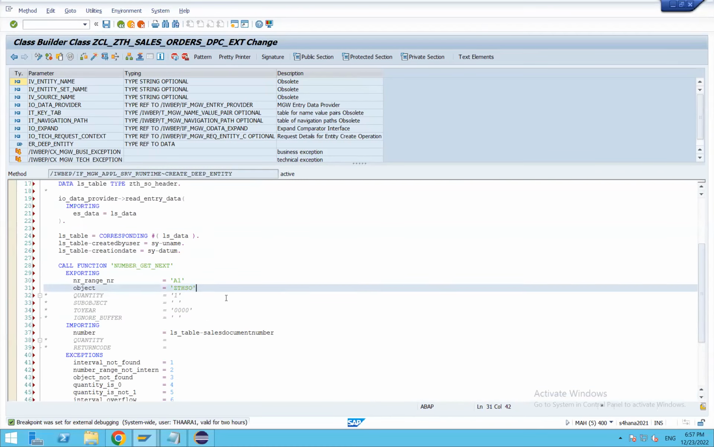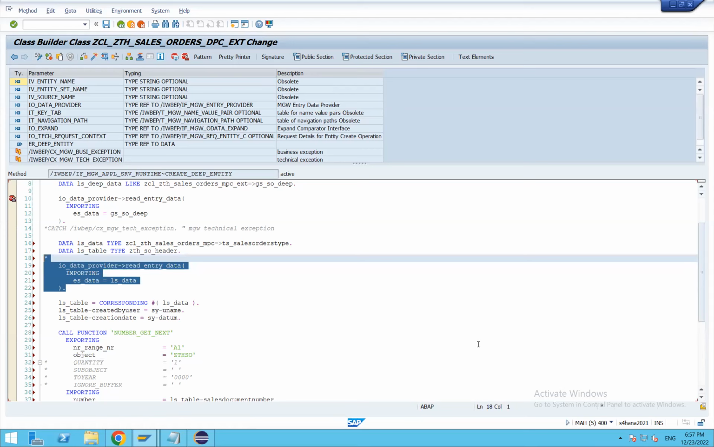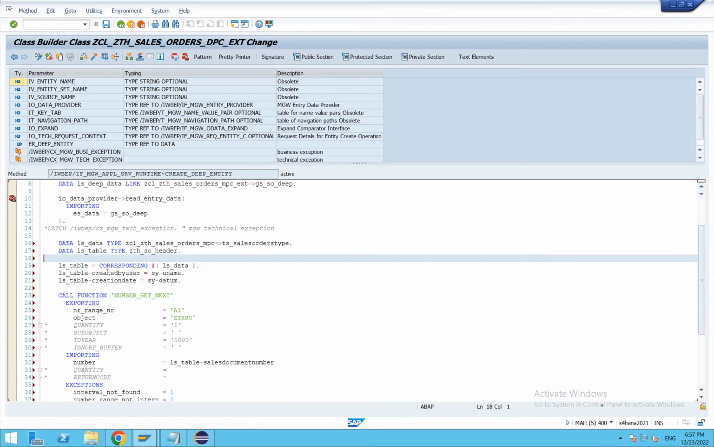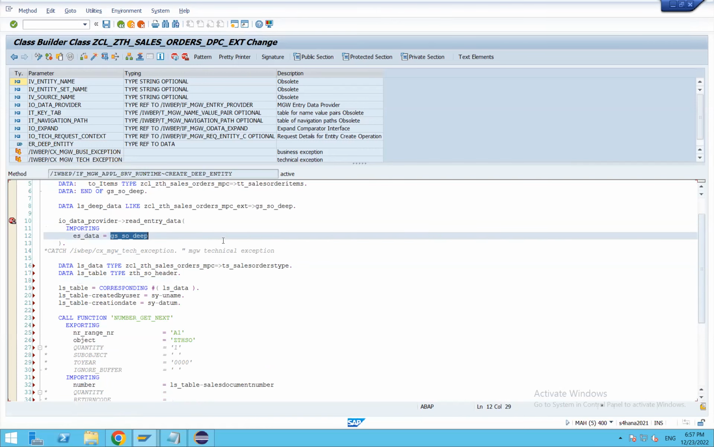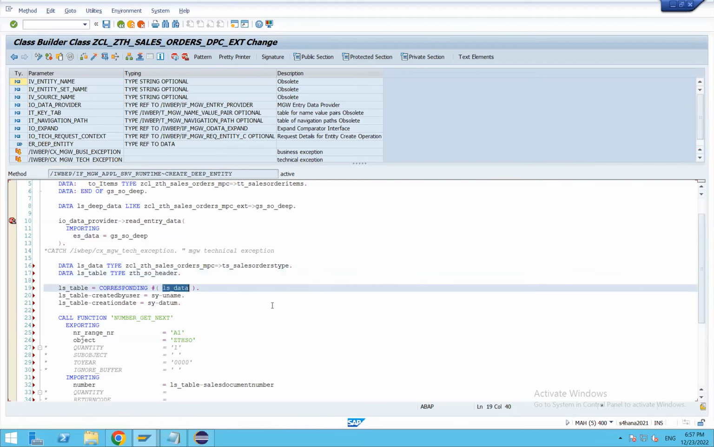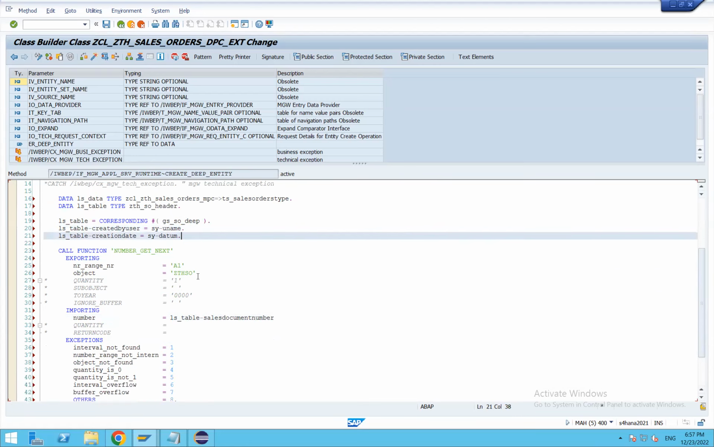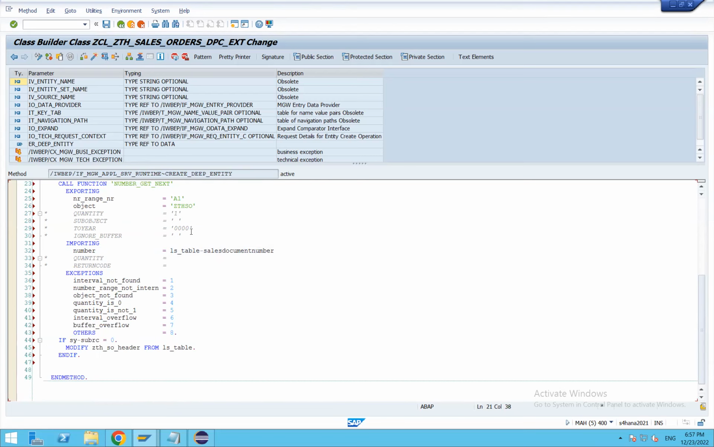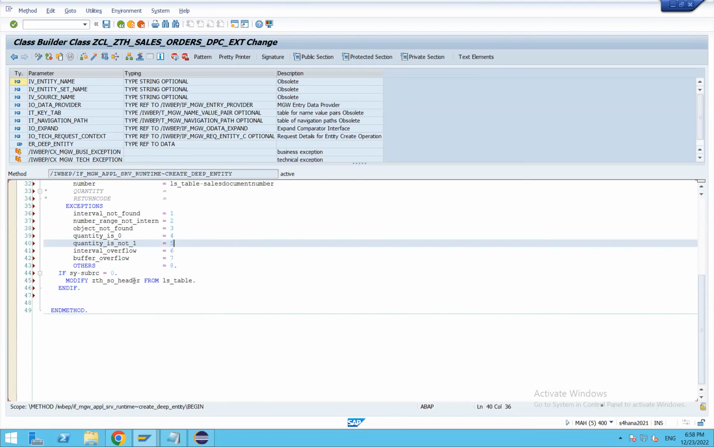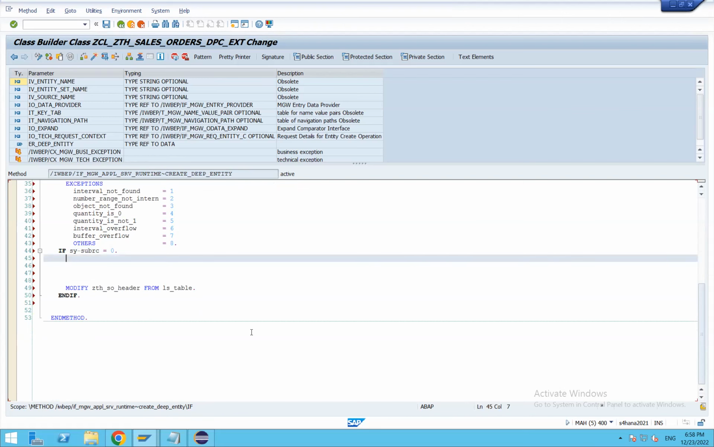So let me copy it, and I need to make corrections accordingly. Let me remove this one. In this case, I have GS for deep. So LS table of this one, I should do it, and LS table sales document number will be generated. That's fine. Created by, yeah, that looks okay. And okay, so if size of ASCII is 0, now I'm going to